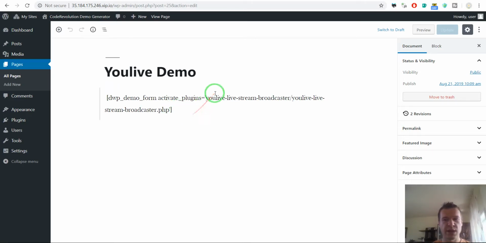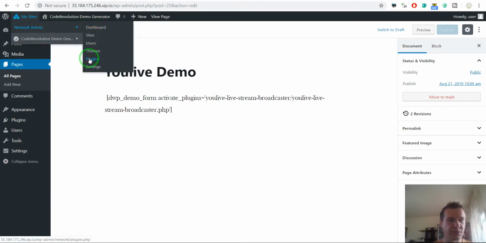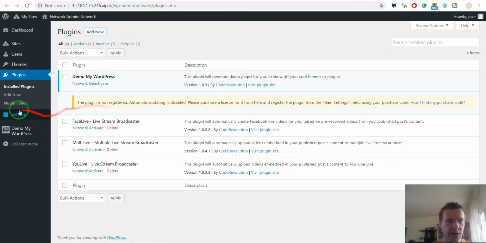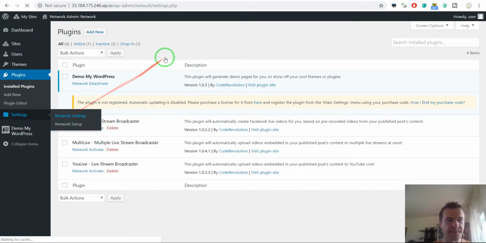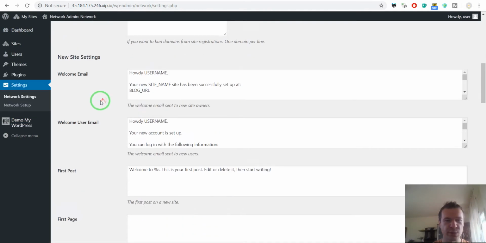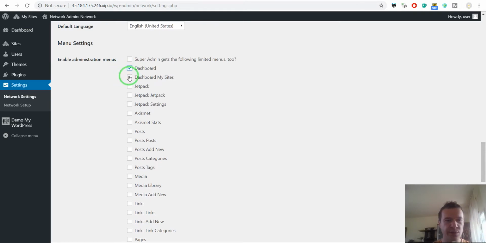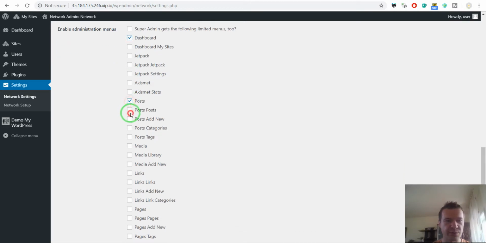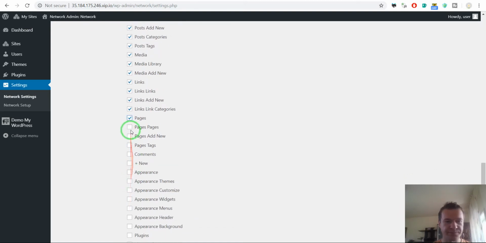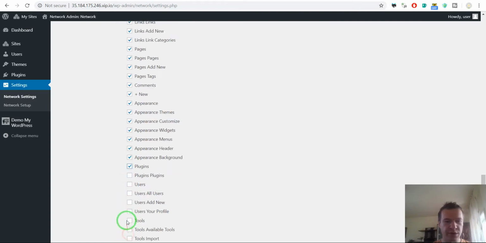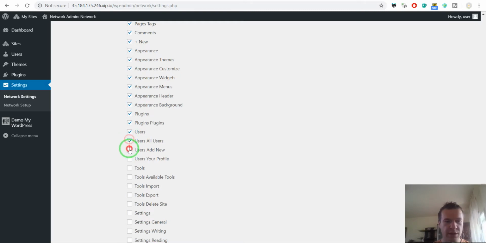Now let's go ahead and make some additional settings. Let's go to network admin. Here we should define the permissions that we wish to allow to users. So if we scroll down, we will see that we can select what can users see when they create a new demo blog. So I like to allow users to see many things and to do almost everything on the newly created blog. So I check here